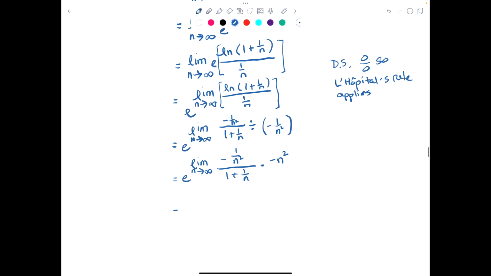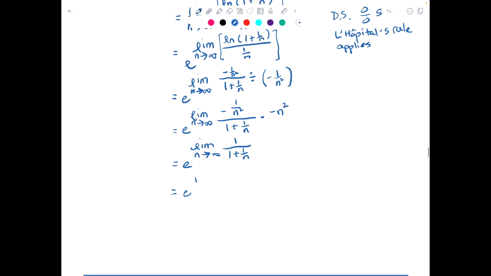So we'll have e raised to the limit as n approaches infinity of 1 over 1 plus 1 over n. That whole limit is going to end up being 1, so we get e, which is cool,